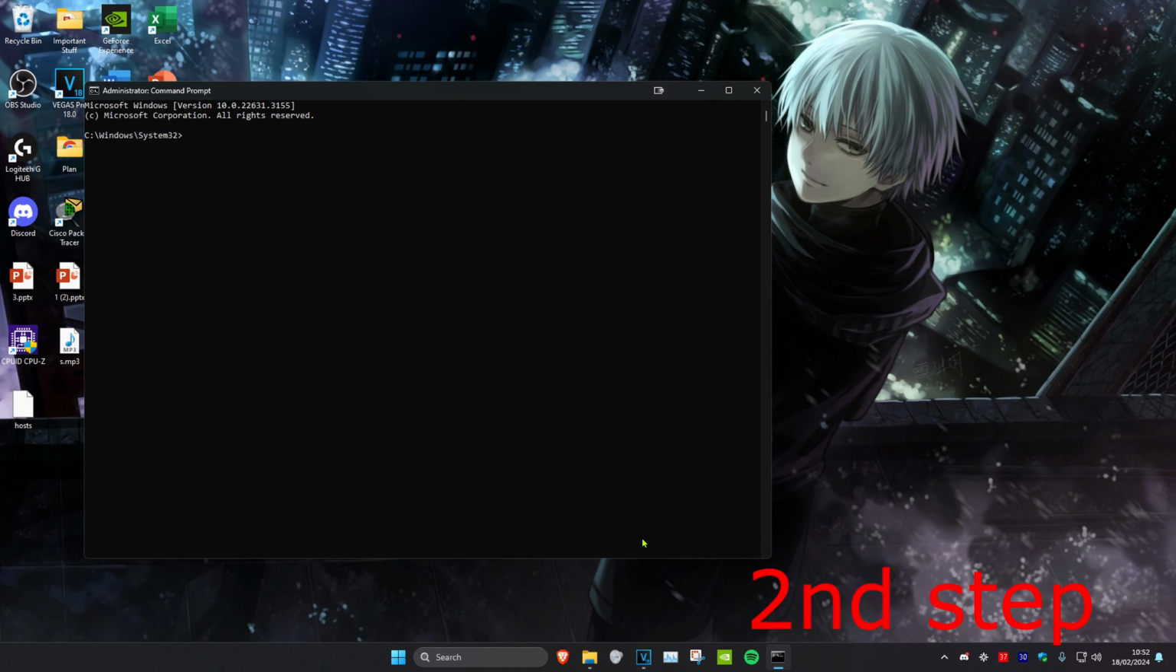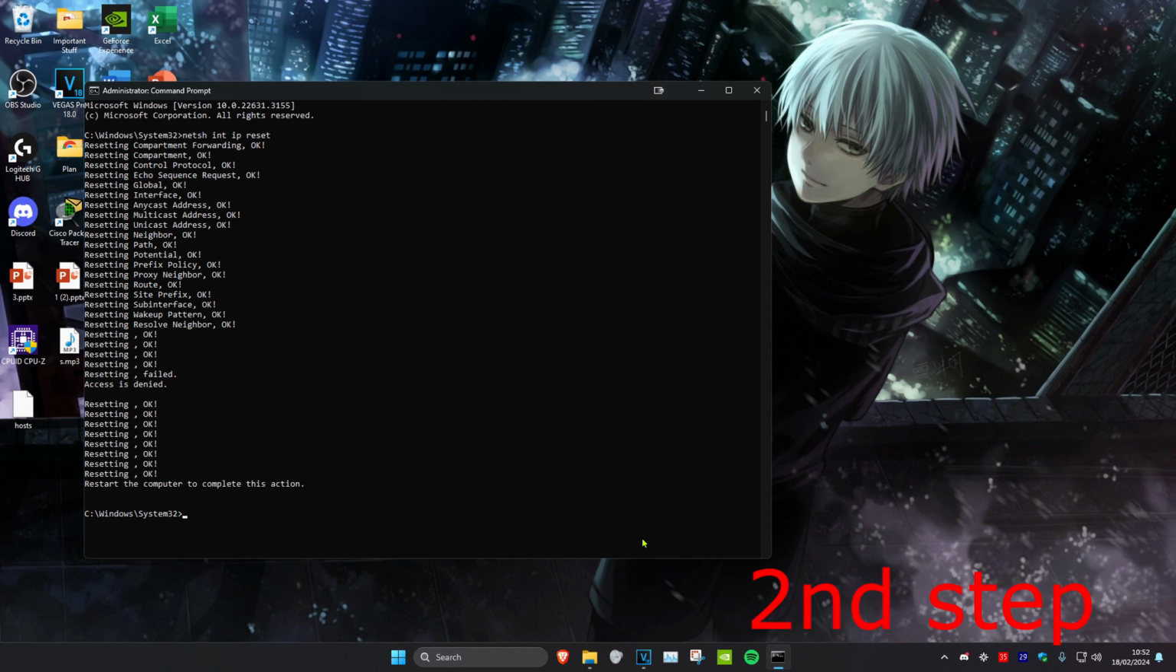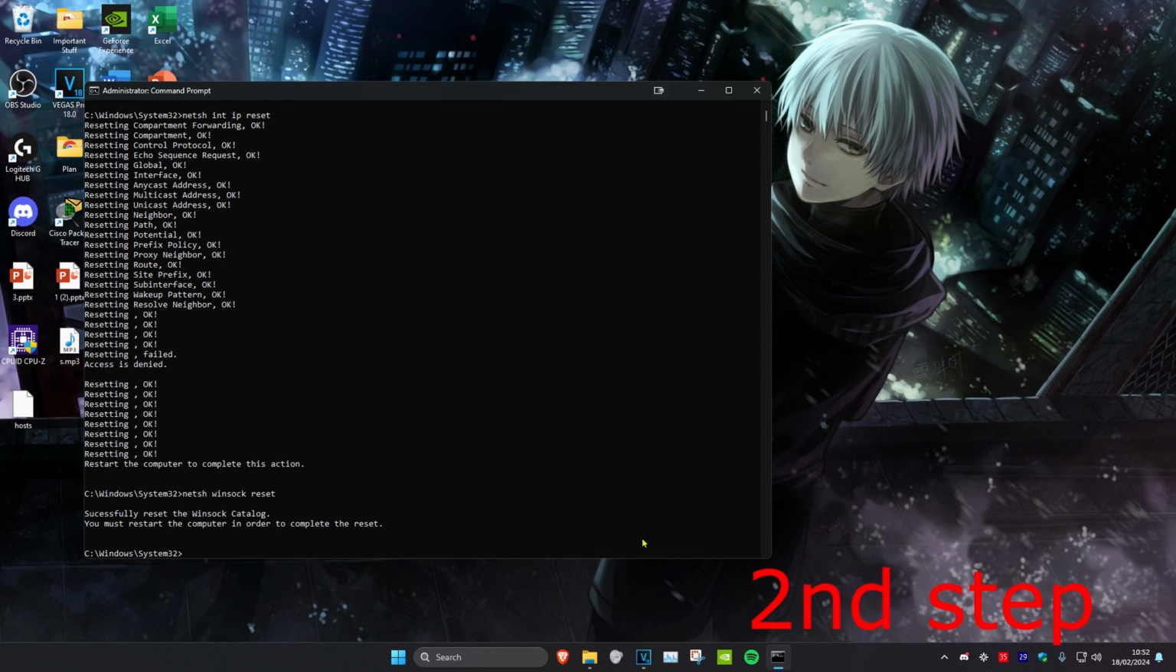Once on this, we're going to type in netsh space int space IP space reset and click on enter. Next, we're going to type in netsh space winsock space reset and click on enter. It's going to tell you to restart your computer, but don't restart it yet till you complete the next steps